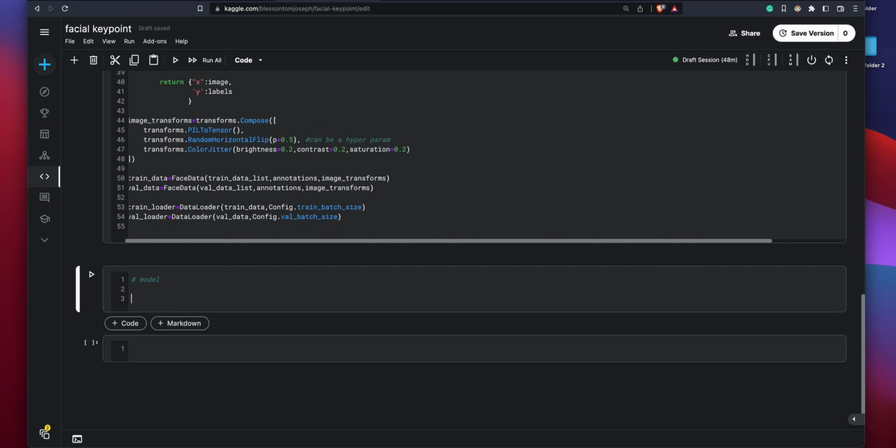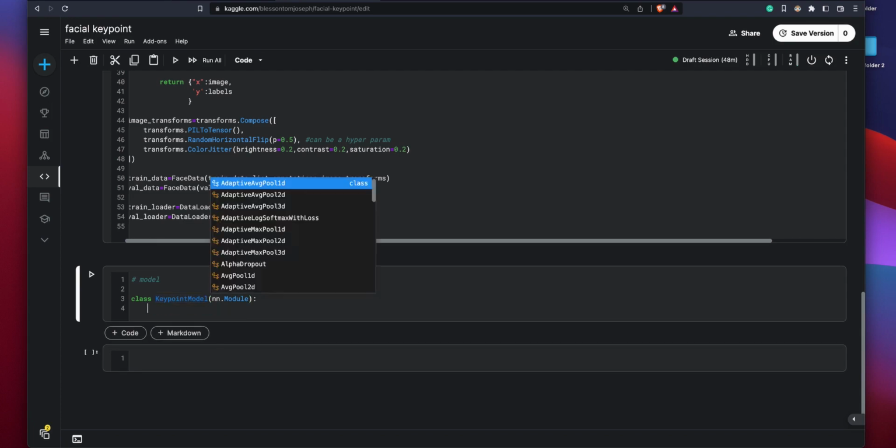This is basically going to be a lot of convolution layers, and then a lot of pooling layers and nonlinear activations. Probably we can use ReLU activation. That will be it. And finally we will have some linear layers, and we'll get the outputs into the same size as the labels that we have. So it's going to be like 67 times 2 outputs. That's it. So let's just write a class KeypointModel of nn.Module,